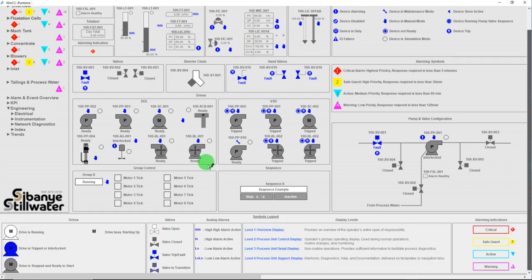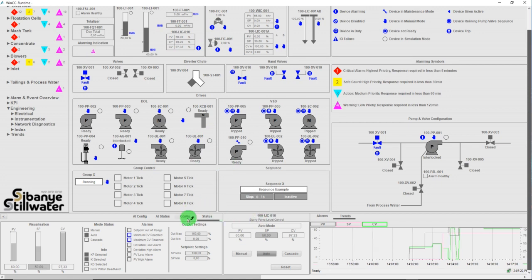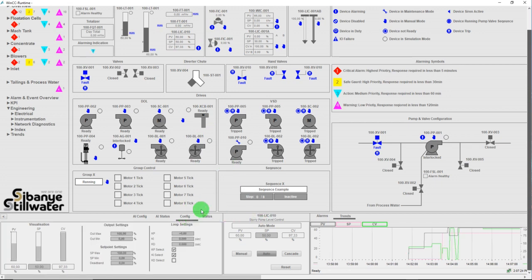So I'm going to go back to my PID loop here, and I'm going to go to configuration. On the configuration page, I've got a few settings for tuning that we can get our loop stable. It's not going to work exactly now because we're in the simulation mode, but I'm going to run through the parameters with you. So here I've got my output settings, my minimum and my maximum for your basic clipping and